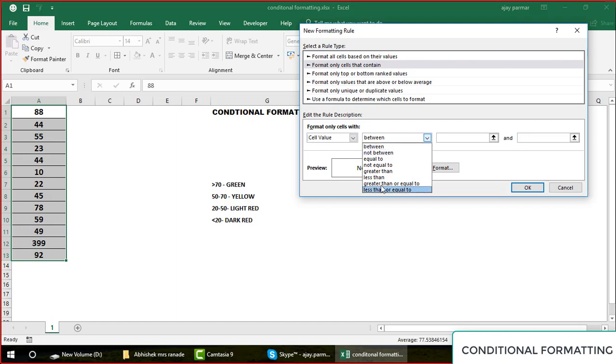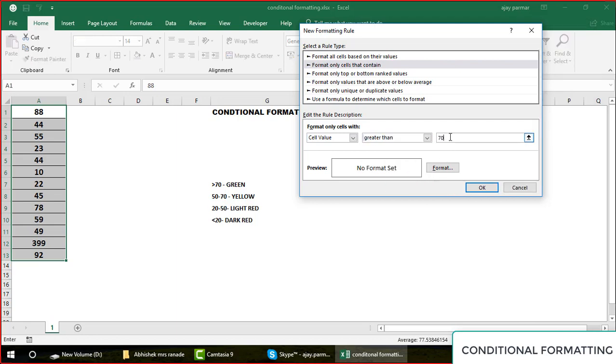So let's say, do you need greater than or equal to, or greater than? I need greater than, so I say 70. You write 70 here. Now which cell value? The selection, right? Understand one thing, you can also select a single cell and do the conditional formatting, but then you have to put the conditional formatting in the rest of the cells also, which I will tell you the procedure for. Instead of that, it's a good idea to select all the cells. Conditional formatting will automatically get applied in all these cells. You don't have to worry about it.